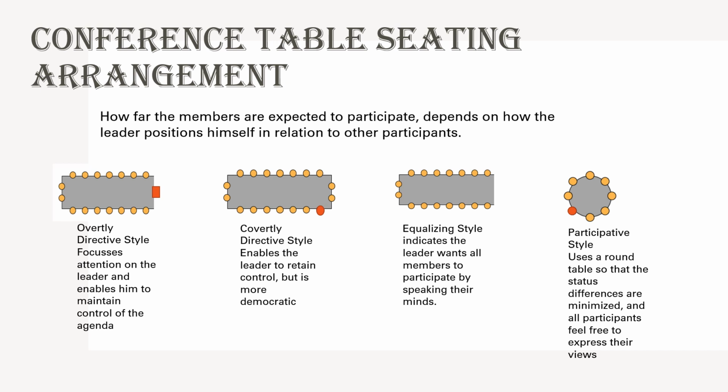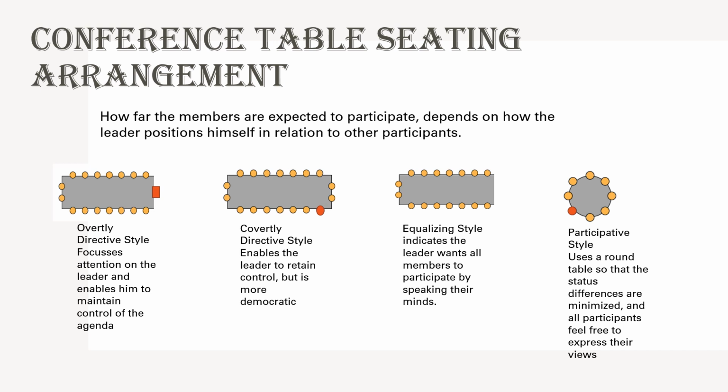Maybe the meeting is overlooked from some remote place, or even if the leader of the meeting is there, then the position will be such that the people will not even get to know who the leader or the convener of the meeting is. Therefore this is called equalizing. People will get an equal share of time to participate or contribute in the meeting.